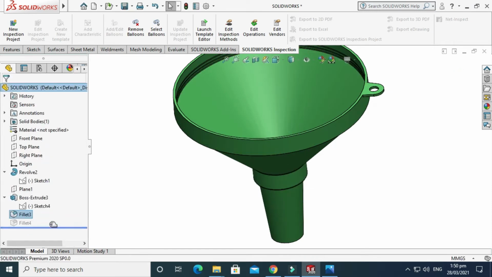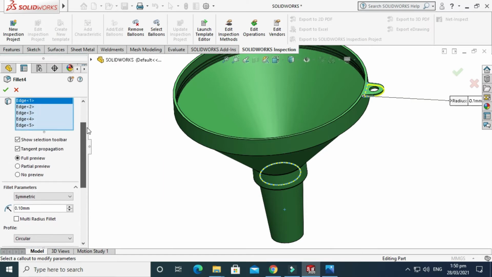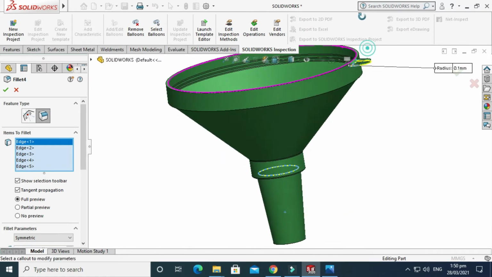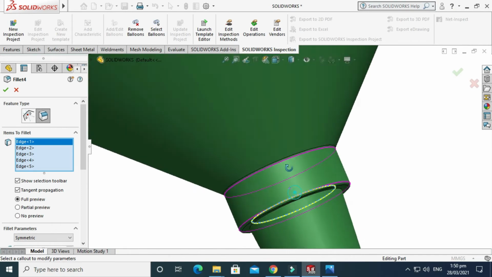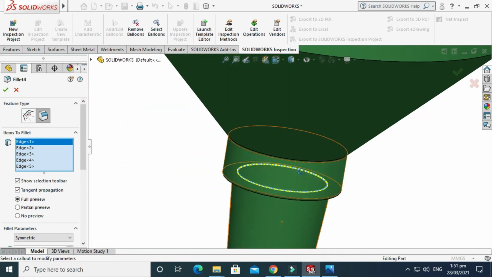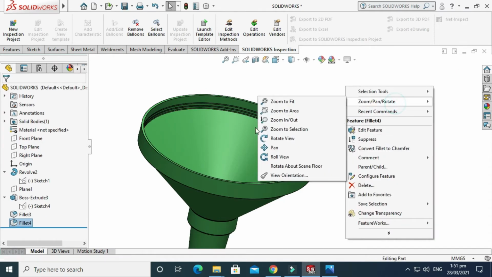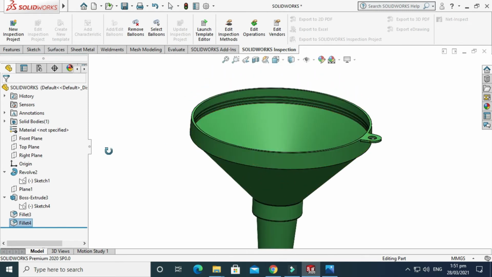Just press OK, and another fillet, just drag it, another fillet of, let's say, 0.1 mm on the 5 sides of this boss extrude, and also here. Just press OK. So this is the simplest tutorial, and a very good example of the revolve command.